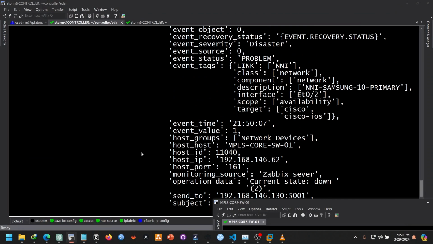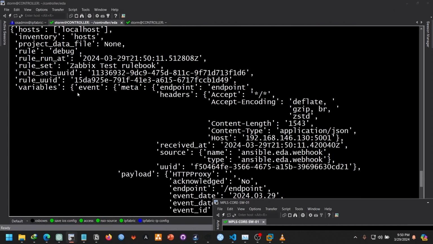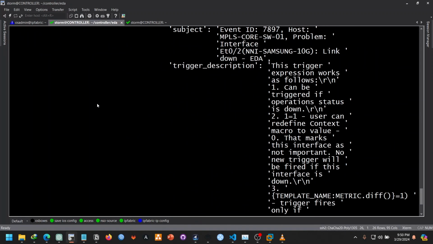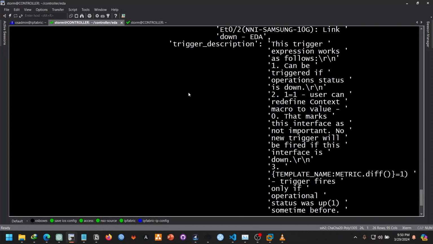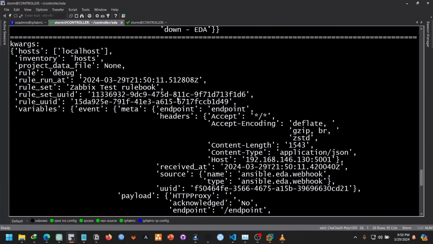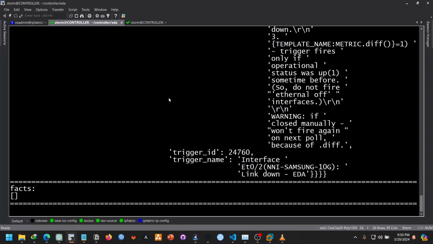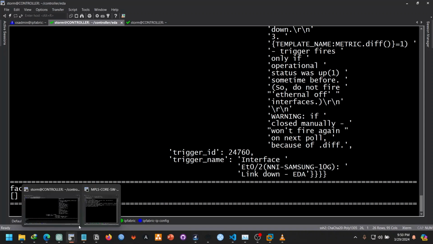So back to here, as you can see, the event was sent as a payload to the event-driven Ansible server, which was just sitting down quietly listening for events to happen. As simple as that. So as you can see, we have the payload. Now, one thing I observed is that when should the